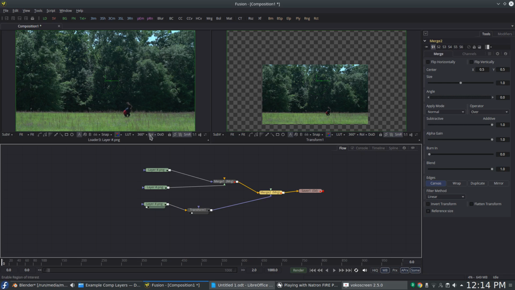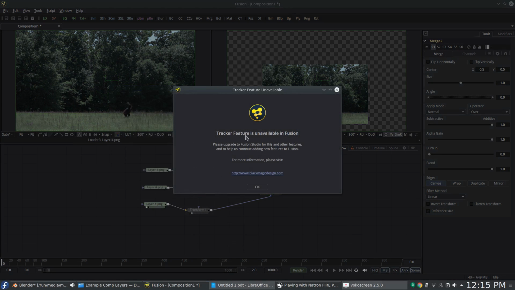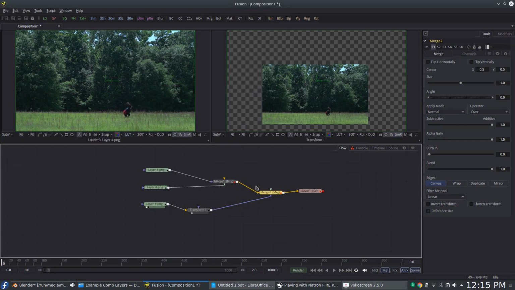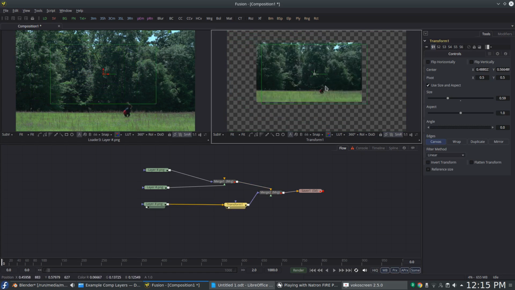video, because I don't have a whole lot of reason why I want to use Fusion. It's very, very cool. And as you can see here, something big I love is just all of the effects. It has so many effects right here within Fusion. It is absolutely incredible. Almost presets as well, which is nice and bad. But the planar tracker, I'm sorry, is unavailable in Fusion because you have to have the paid upgrade, which again, I would totally do if I wanted to use Fusion. But again, it's got the tooltips, the tools all right here on the canvas, which is